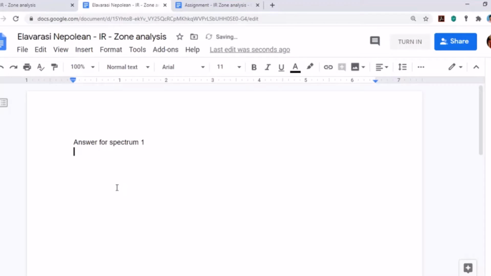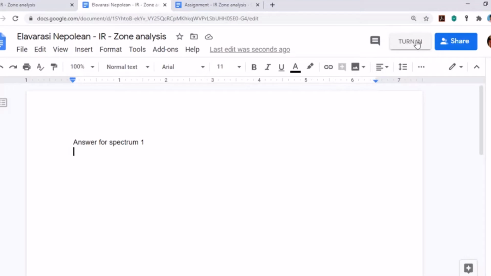You make which zones are present, which zones are absent, what is the analysis for zone 1, zone 2, zone 3. You make all the analysis and the structure prediction, and then go to the second spectrum and do that. All those things you can do here. You need not save here, but you can click here, turn in.